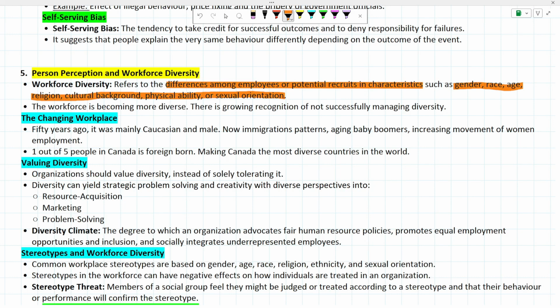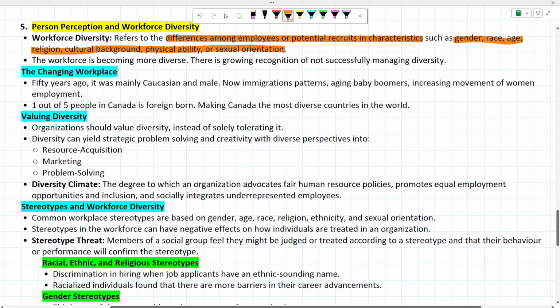Diversity can yield strategic problem solving and creativity with diverse perspectives into resource acquisition, marketing, problem solving, and many more examples. Diversity climate is the degree to which an organization advocates fair human resource policies, promotes equal employment opportunities and inclusion, as well as socially integrates underrepresented employees. So I'll highlight that. The degree to which an organization advocates fair human resource policies and equal employment, and socially integrates